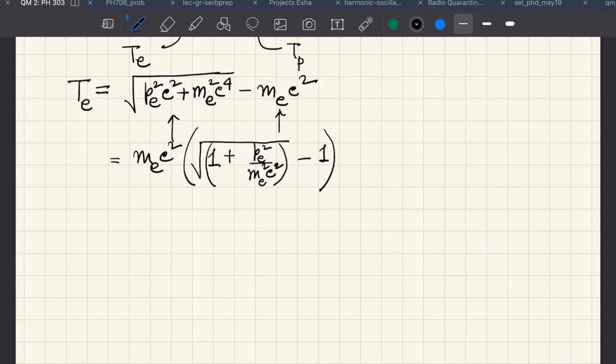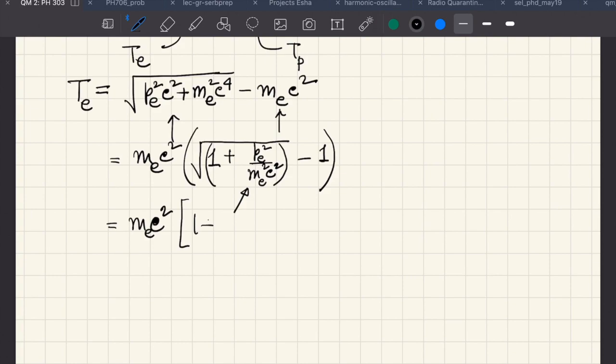So this object, this Pe, is compared with me c, and me c is much larger compared to this electron momentum. So we can expand this binomially, and what we obtain is me c squared,